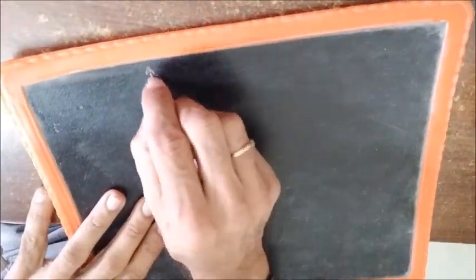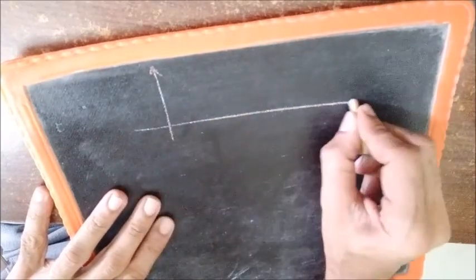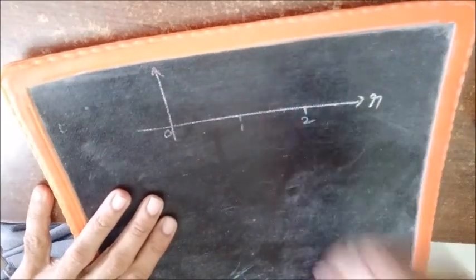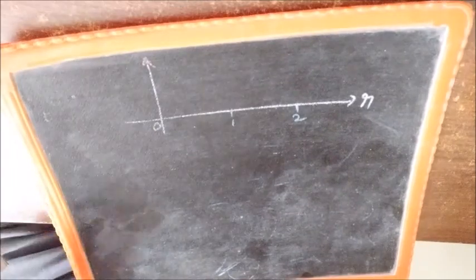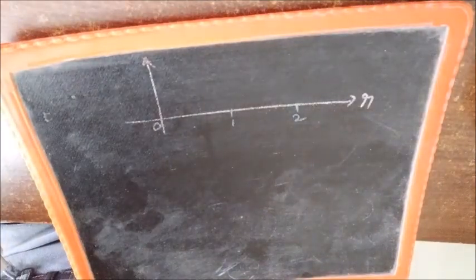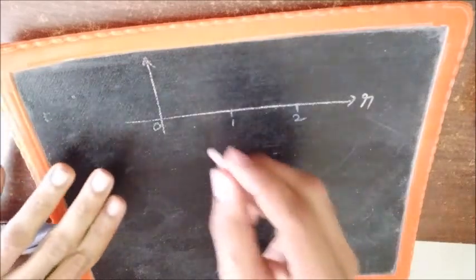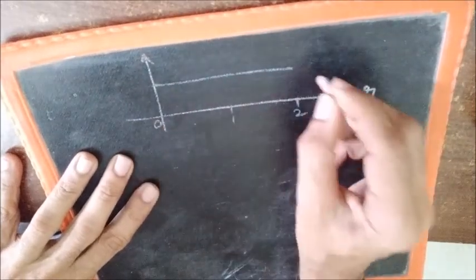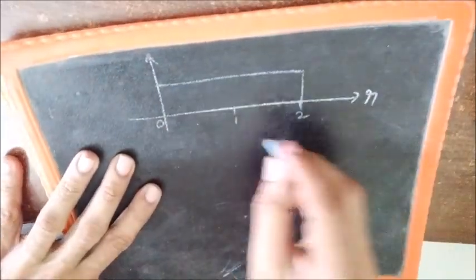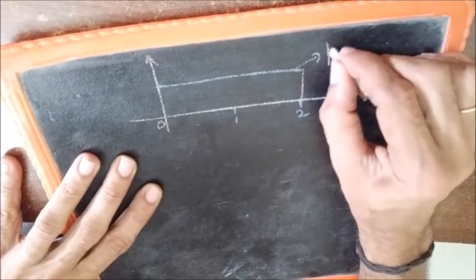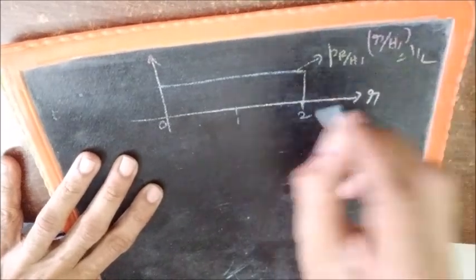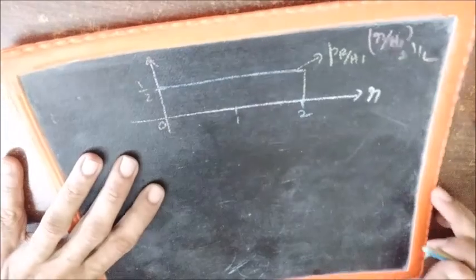So let's first draw the density functions, a freehand sketch of the two density functions. As I said, it will help us to visualize, and it will make it easier to arrive at the solution. So first I will plot p(r|H1). P(r|H1) was said to be 1/2 for r from 0 to 2 and 0 otherwise. So this is p(r|H1), which is equal to 1/2. This is 1/2.